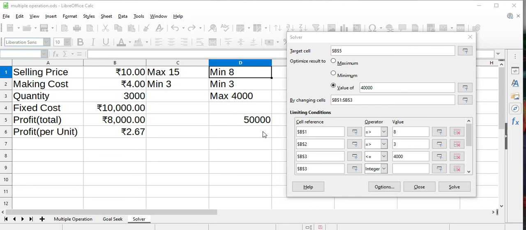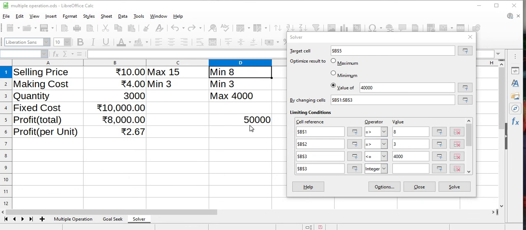You practice on your computer, try in your LibreOffice, look at the solver, your result will come differently here, and you will see different options for your result, different possibilities. From that, whichever you want, you can keep that result, or else you can just restore your previous solution. Practice for solver.